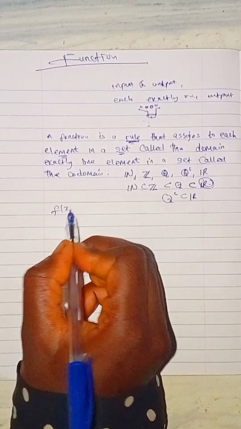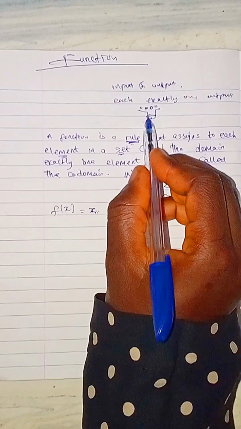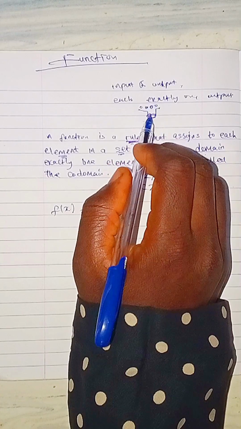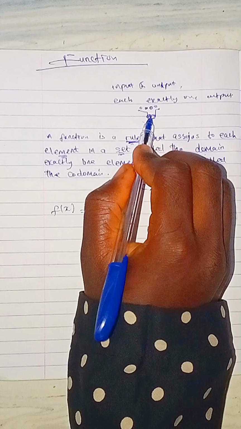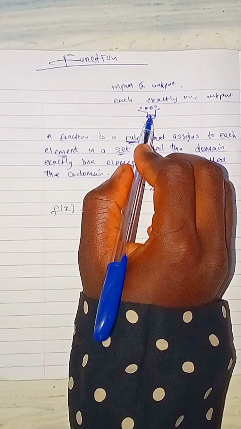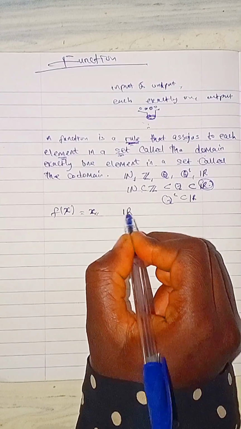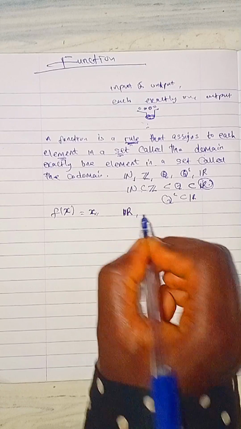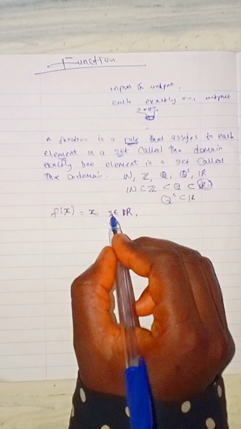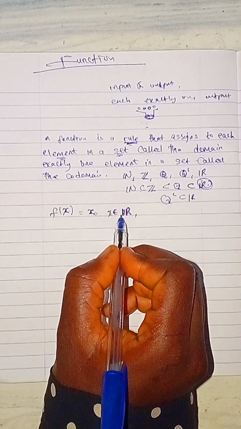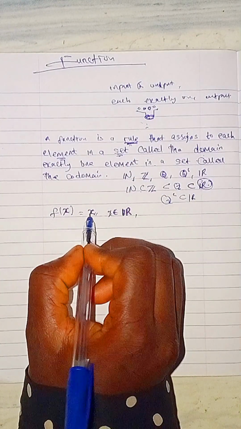That is why anytime a function is defined, the domain, that is the input, must be specified, as the blender has its own input. There's no way you put wire or ports inside a blender. So for each machine, there is an input that is supposed to go inside. For this function, the input here is numbers. It can be real numbers, but real numbers is the bigger set, which is why it is mostly used in functions. So if x is coming from the real numbers, for any input x, f of x will be a real